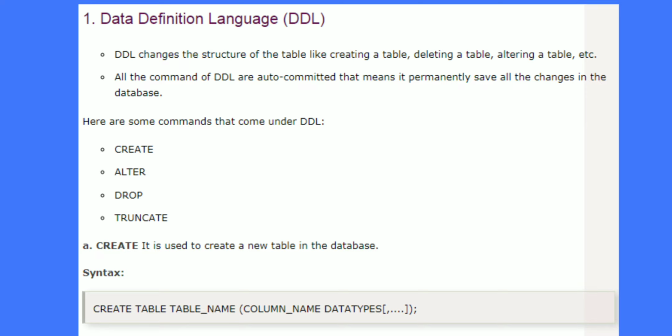For example, if you take any employee, what fields are required for the data collection of an employee?